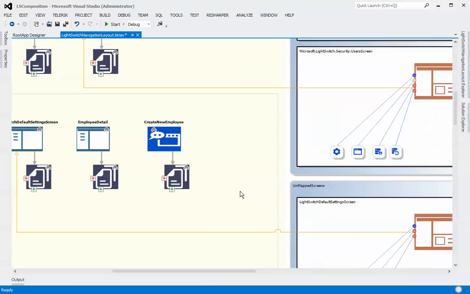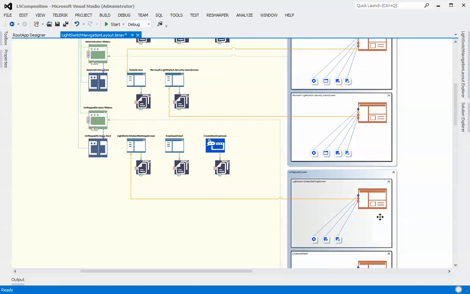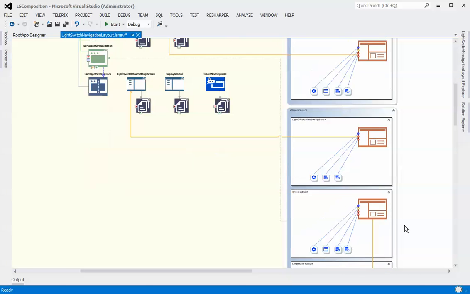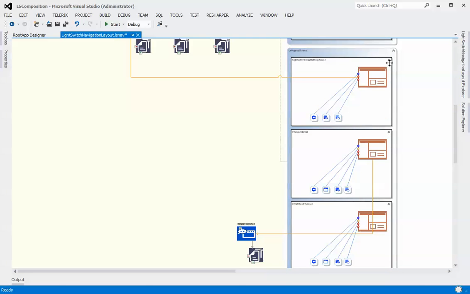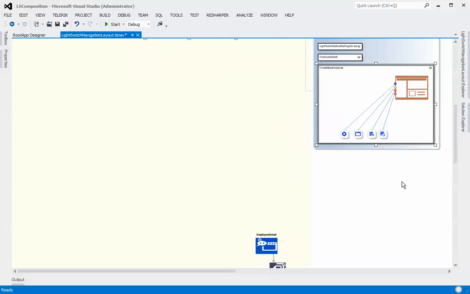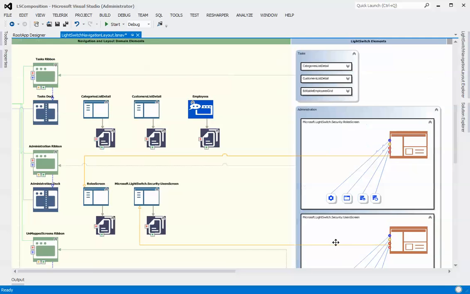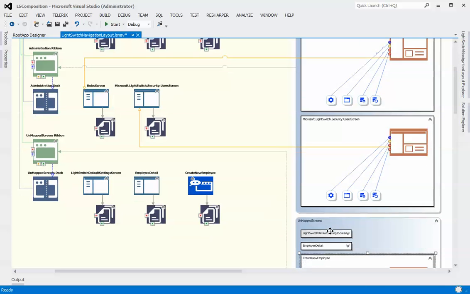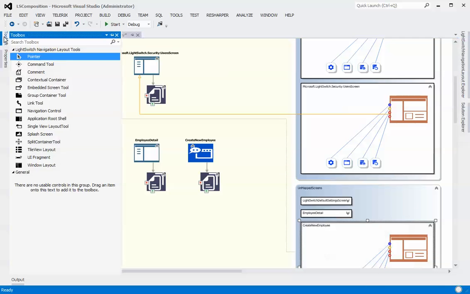And so we'll just zoom out a little bit here so we get a little more real estate, and let's just minimize a few of these screens. So we're just dealing with the one that we want, which is the Create New Employee. We'll zoom back in a little bit. There we go. All right, and so first of all let's link our